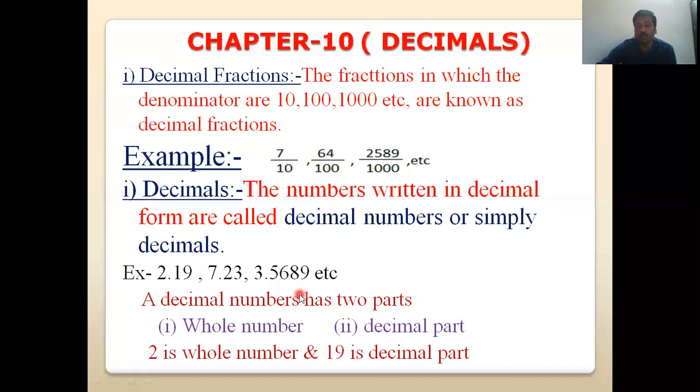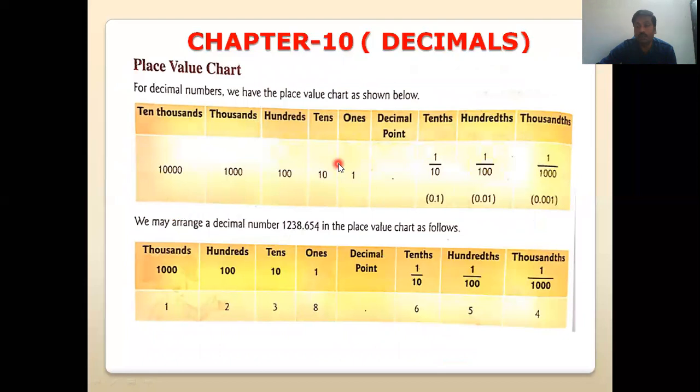Okay. Now boys, the next topic is the place value chart. And what is the place value chart? You know very well about the Indian place value chart and the international place value chart. I have already discussed them in your previous videos, chapters 2, 3, and so on. And now here is the place value chart: 10,000, 1,000, hundreds, tens, ones. You know these types of charts very well. These represent the Indian place value chart we have already discussed.